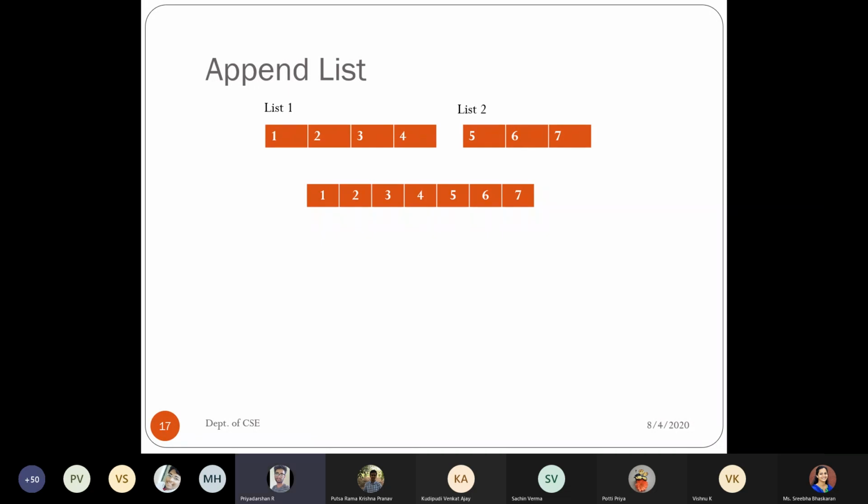Ma'am, we have to traverse till the end of list 1 and from there we have to do a cons. We can take the end of list 1 and the starting of the next list and together make a cons of 4 and 5. Okay. So cons of, till the last of list 1 we have to traverse, and then you have to say cons of 4 and the beginning of the next list, 5.